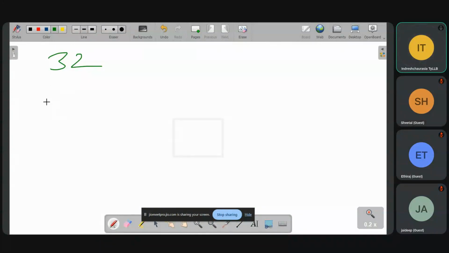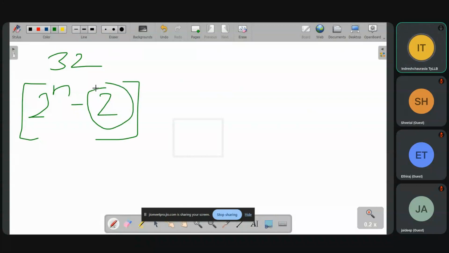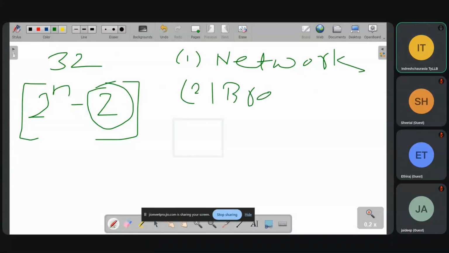So when I say how many IPv4 addresses exist, it is 2 raised to n minus 2. And why n minus 2? Because the first one is considered the network address, and the last one is considered the broadcast address. These two IP addresses cannot be assigned to anyone. The first and the last IP address of any network cannot be assigned to any device, any website, anything. That is the reason we have to minus 2.